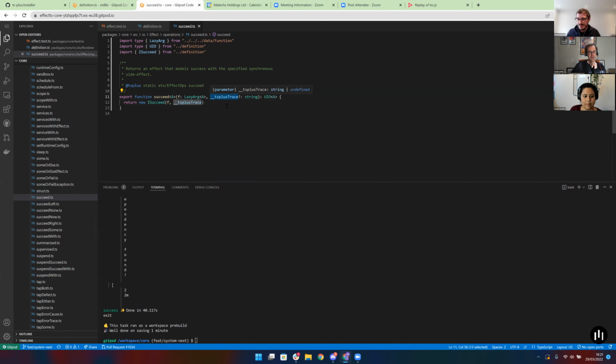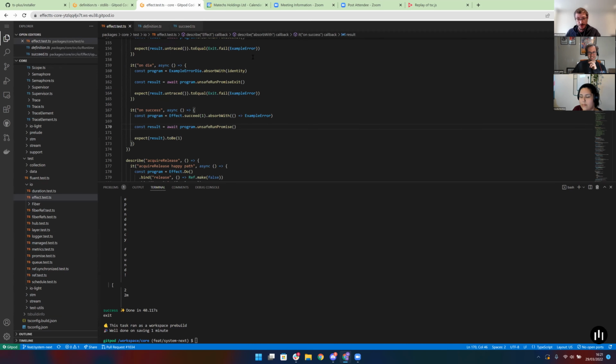Do you always have fiber IDs? I always have fiber IDs. Not always do I have traces. If I don't need a trace, I need a fiber ID. If I have a fiber ID, I think I'm good. Well, no, because you can't know from a fiber ID where it originated from. Well, you can't, but I might. You might, but it might be very, very hard for you to know that.